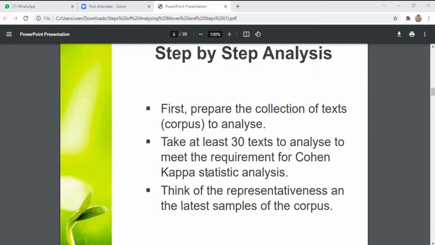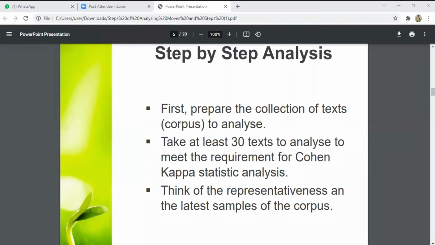Find them from a particular source. If you are going to analyze articles written by international authors in a particular field, find them first, and find recent publications, not the old ones. Find the most recent ones, to see the most recent features of the articles. So at least 30, because